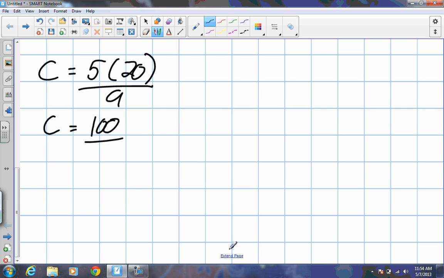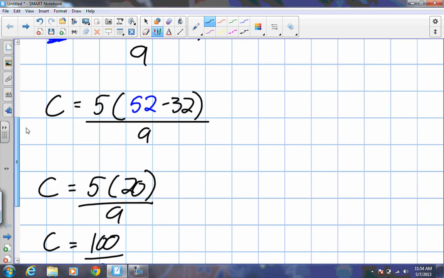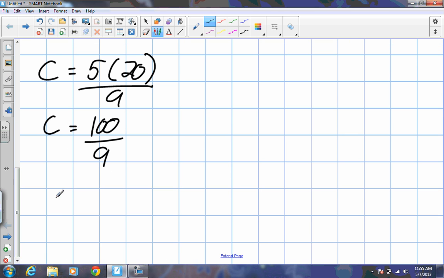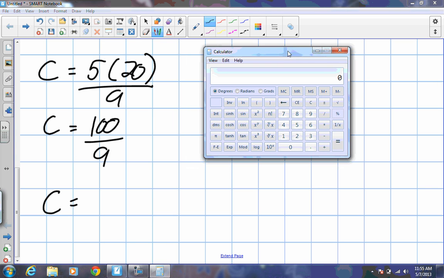It was a given. Okay, so let's say I took the temperature outside and happened to be 52 Fahrenheit, but I don't know how to relate that to the measurement we use in Canada, which is Celsius. So we're going to figure out what that means in Celsius. Okay, so this was given to us, in case you were unsure where I got that number. So our Celsius, take out our calculator here. Our Celsius would be simply 100